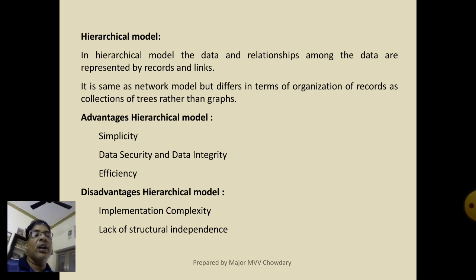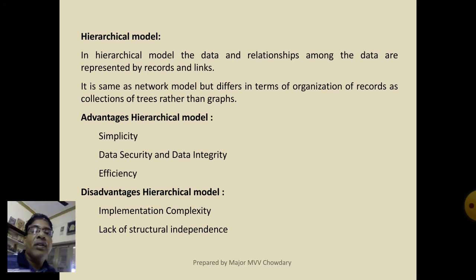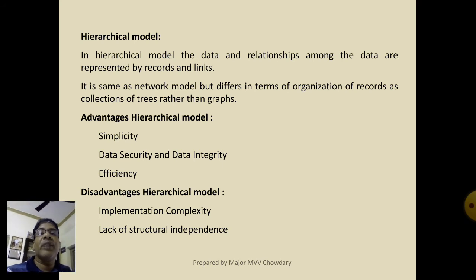The hierarchical model has a set of one-to-many relationships between parents and their child segments. The root segment is in level 0. The child segments of the parent or root segment are in level 1. Whereas level 1 is the parent node, level 2 holds the child segments of the parent in level 1.